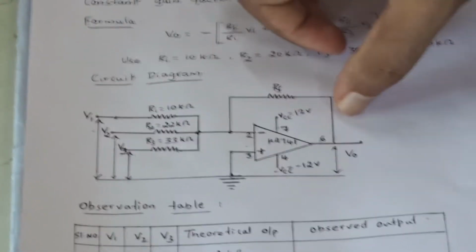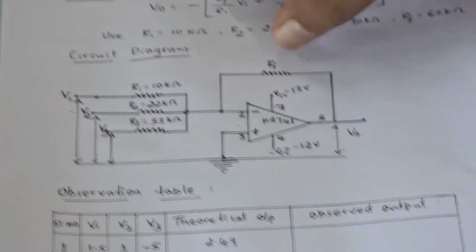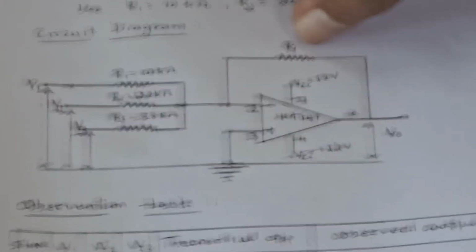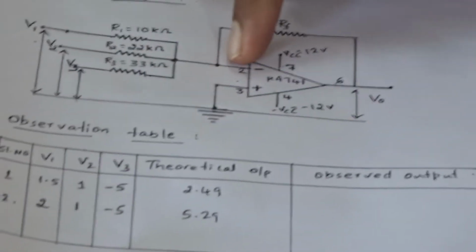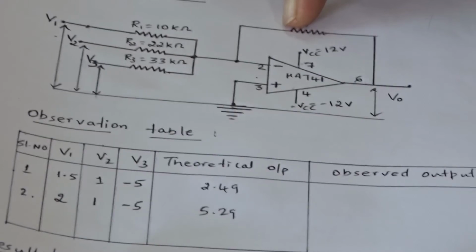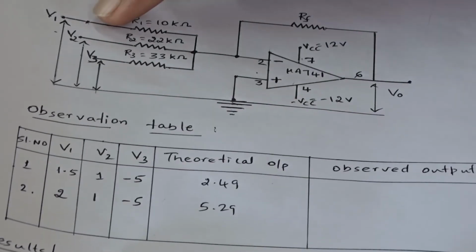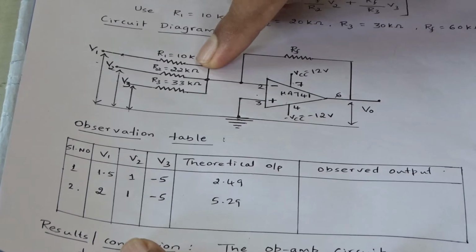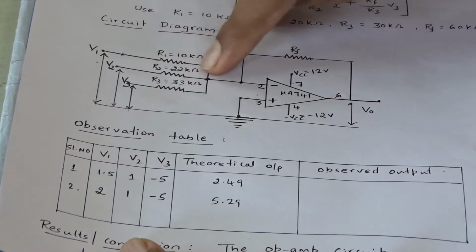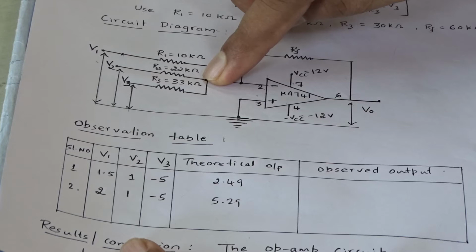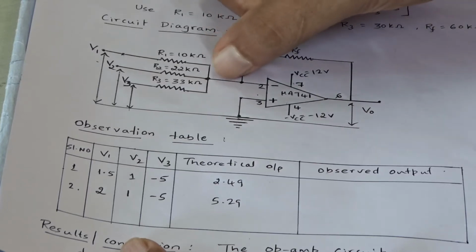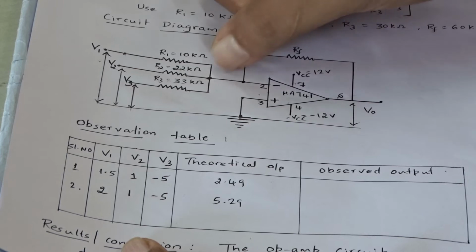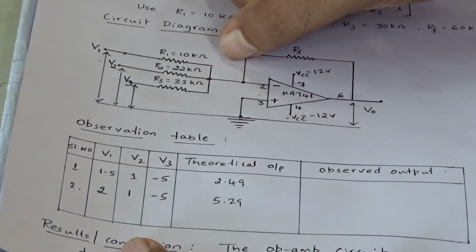One more resistance is used as a feedback resistance, that is RF, whose value is 56 kilo ohm. Now to obtain this equation for V0, the negative sign indicates the input is given to the inverting terminal of an op-amp. You can observe the current through this resistance as I1, the current through this resistance as I2, and the current through this resistance as I3. Therefore the current flowing to this terminal is I1 plus I2 plus I3.